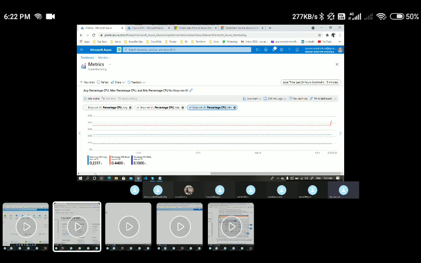If you see here, I have taken three metrics. One is the same CPU threshold: average, maximum, and minimum. Complete three legends, three different metrics I have taken, and you can see their color and variations also. Now I have taken these three different metrics, and if I wanted to pin this particular